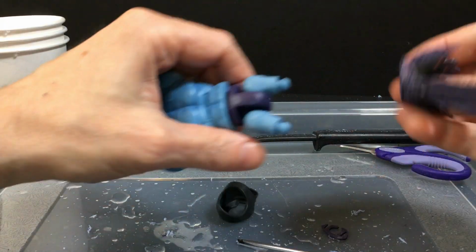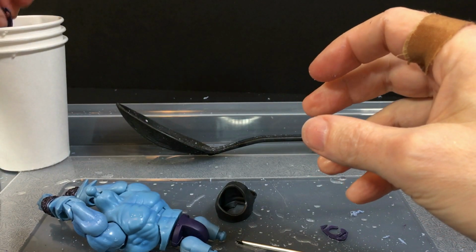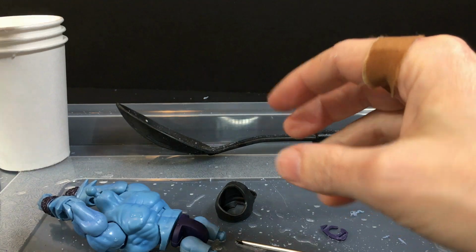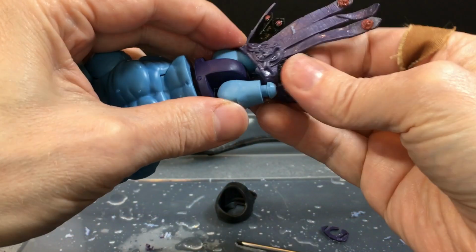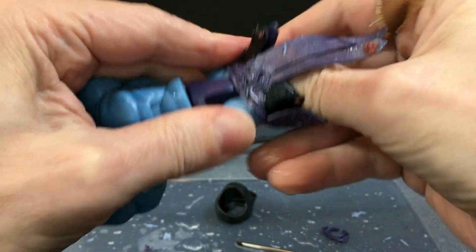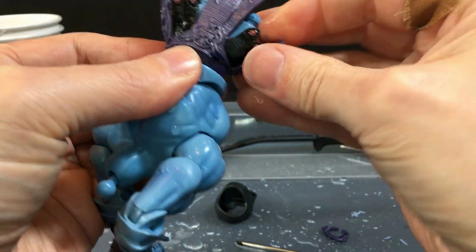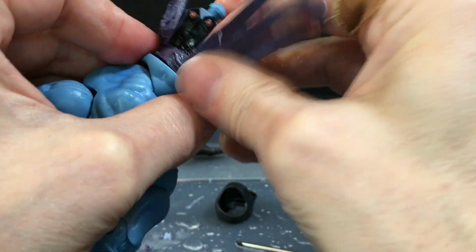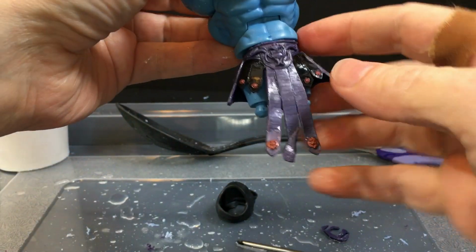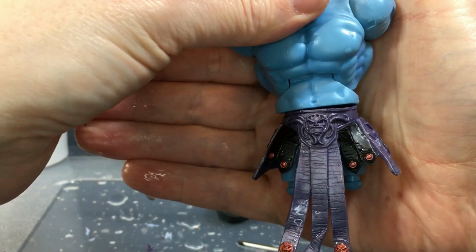So again, I'm going to show you how this will look if I put this on, so you can just see how it just does not fit right. Because a lot of customizers put this on just the way it is. And being already sanded around, it won't be too bad. But the problem is it's just so tight on the figure that it looks like they're wearing something super tight that's cutting off the circulation in the midsection. And it just does not fit right. So you can see it looks like he has a muffin top almost, where it sticks out further than